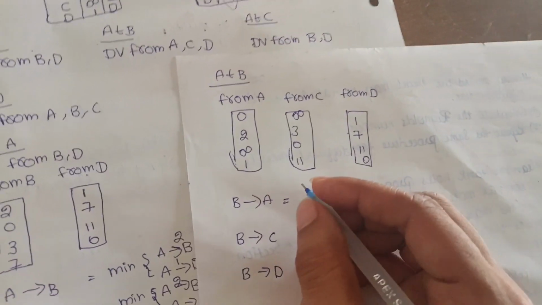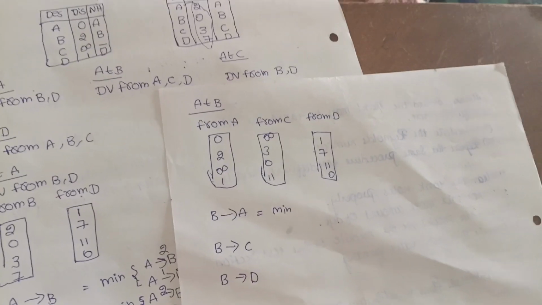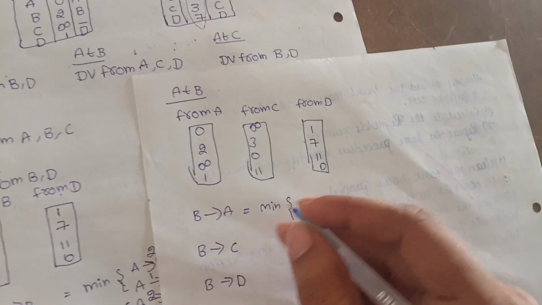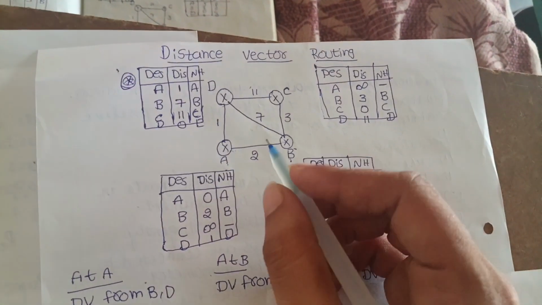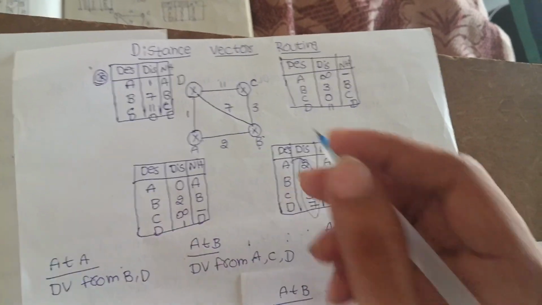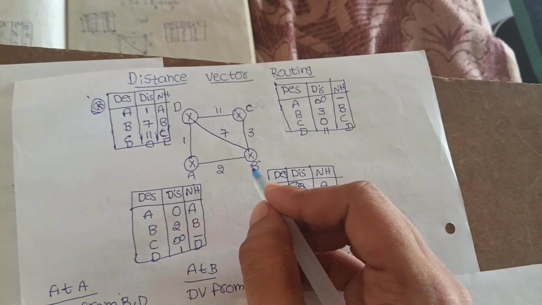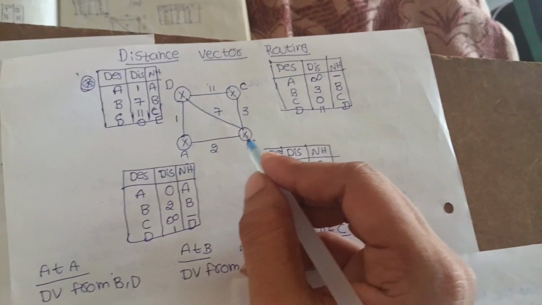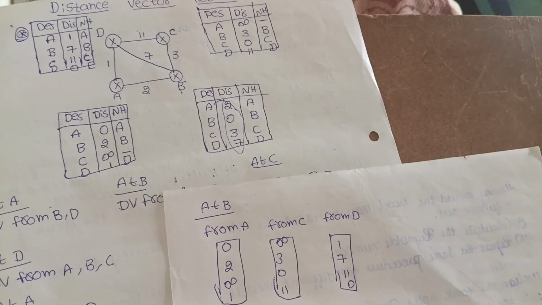B to A, we want to find the minimum distance using the Bellman-Ford algorithm. Minimum distance from B to A. We want to go from B to A by different paths, but we want to find the minimum distance. From the diagram we easily find that the B to A distance is 2, and the next approach is B to D, D to A. It was long, so